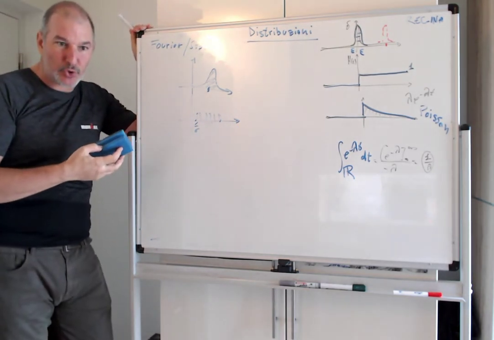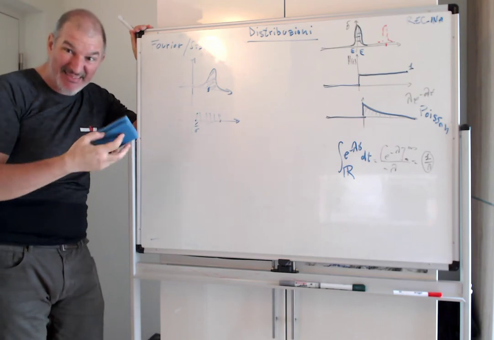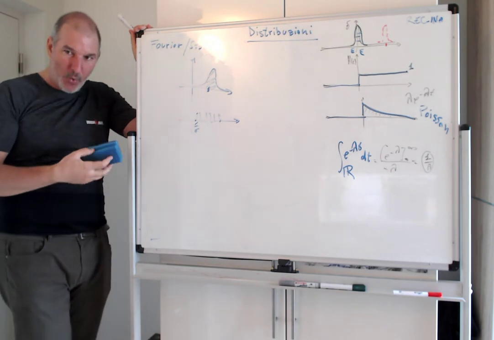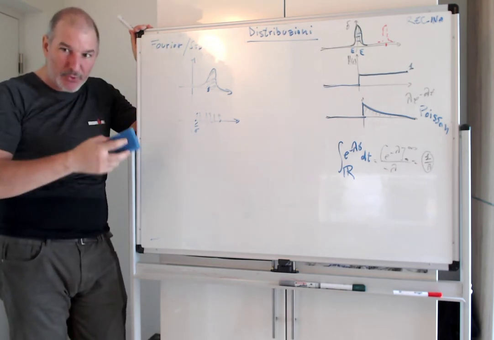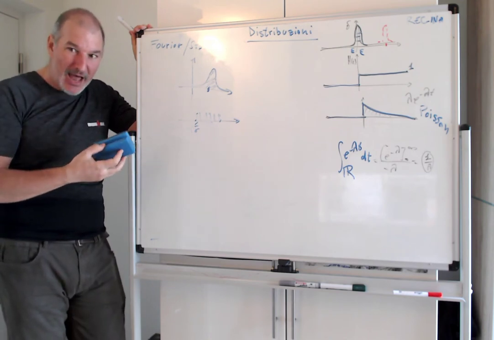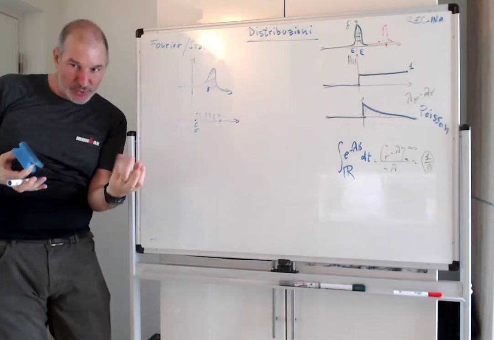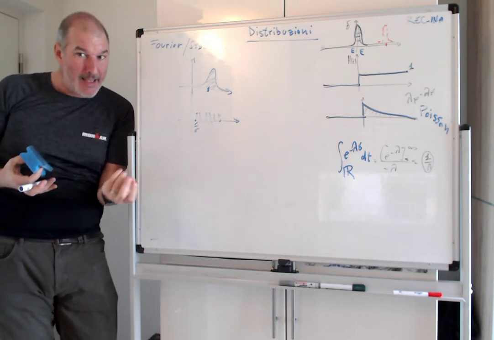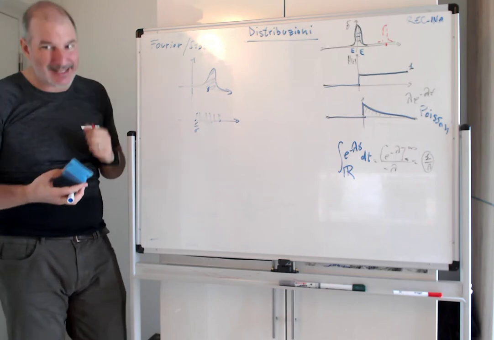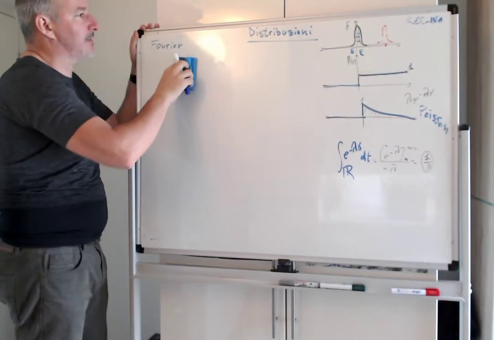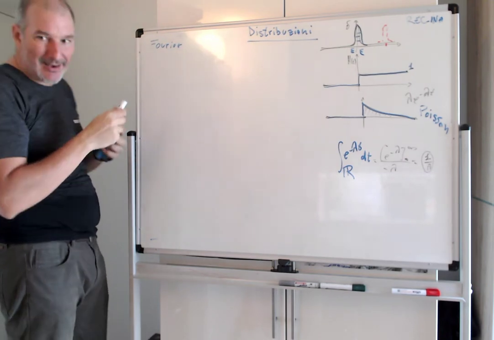distributions allow you to define pragmatically things that cannot be defined in the normal world. It's a bit like complex numbers. We invented them because we need them to describe things that cannot be described without them, but they're kind of untouchable. It's something you cannot really touch with your hands. Like you can touch the number 3. You can even touch pi, but you cannot touch a delta of Dirac. So let's start with the delta of Dirac, which is the most important distribution, and she's the queen of the